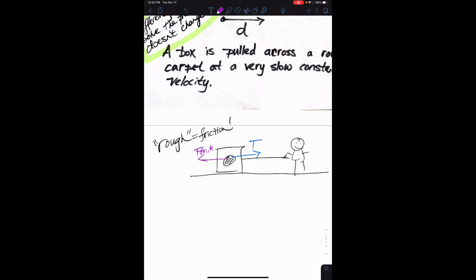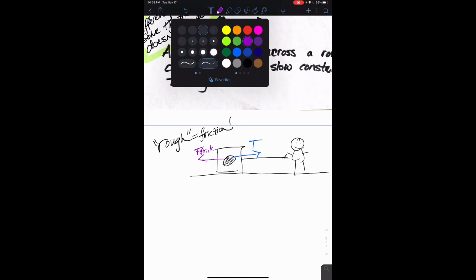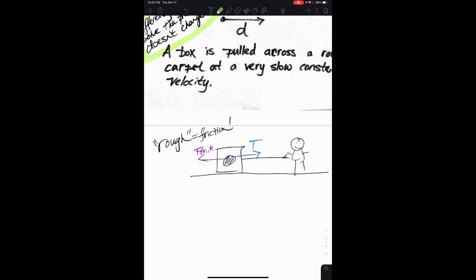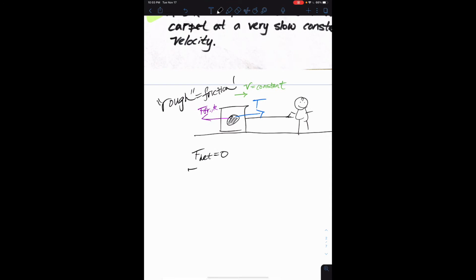Now, these are the only two x forces. Now, we know that there is a velocity that is constant. So if the velocity is constant, what do we know about the magnitudes of these two forces? Well, then we know that there is no net force. We know that F net is equal to 0. So what I'm trying to say is we would know that the sum of the forces in the x direction